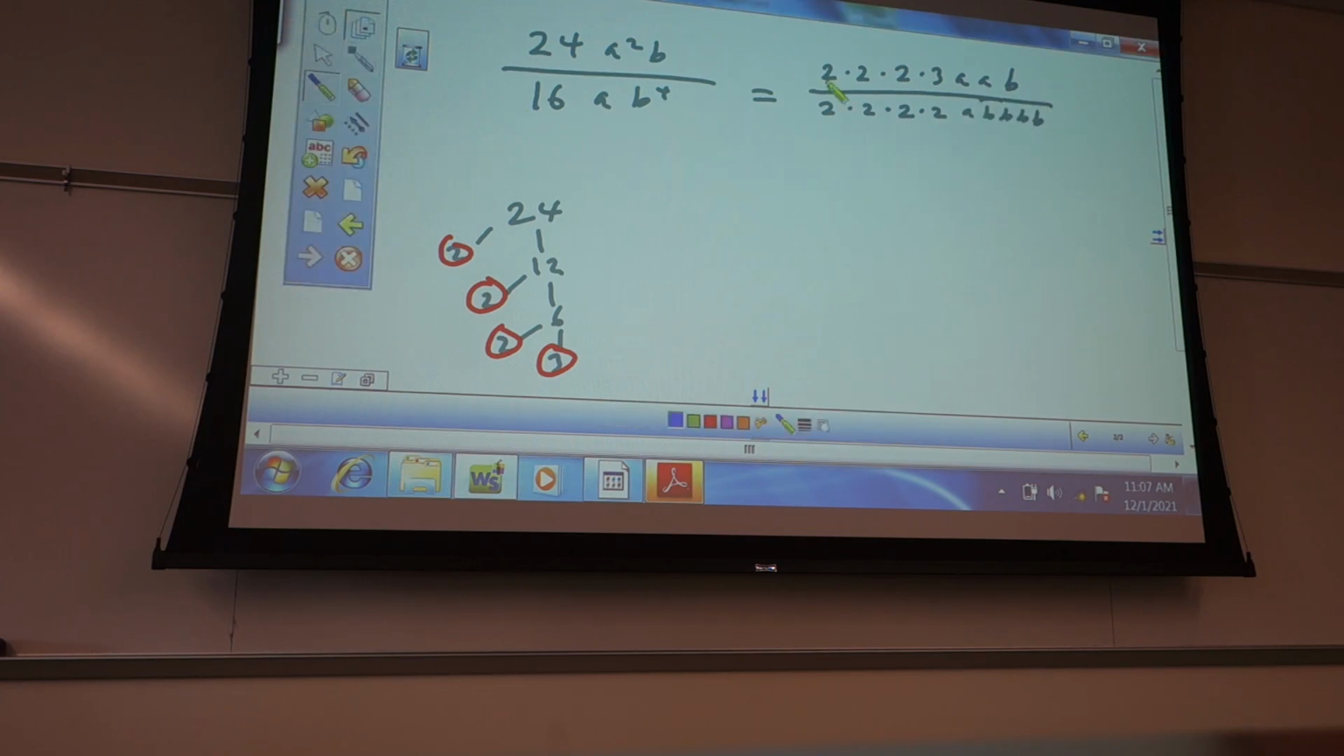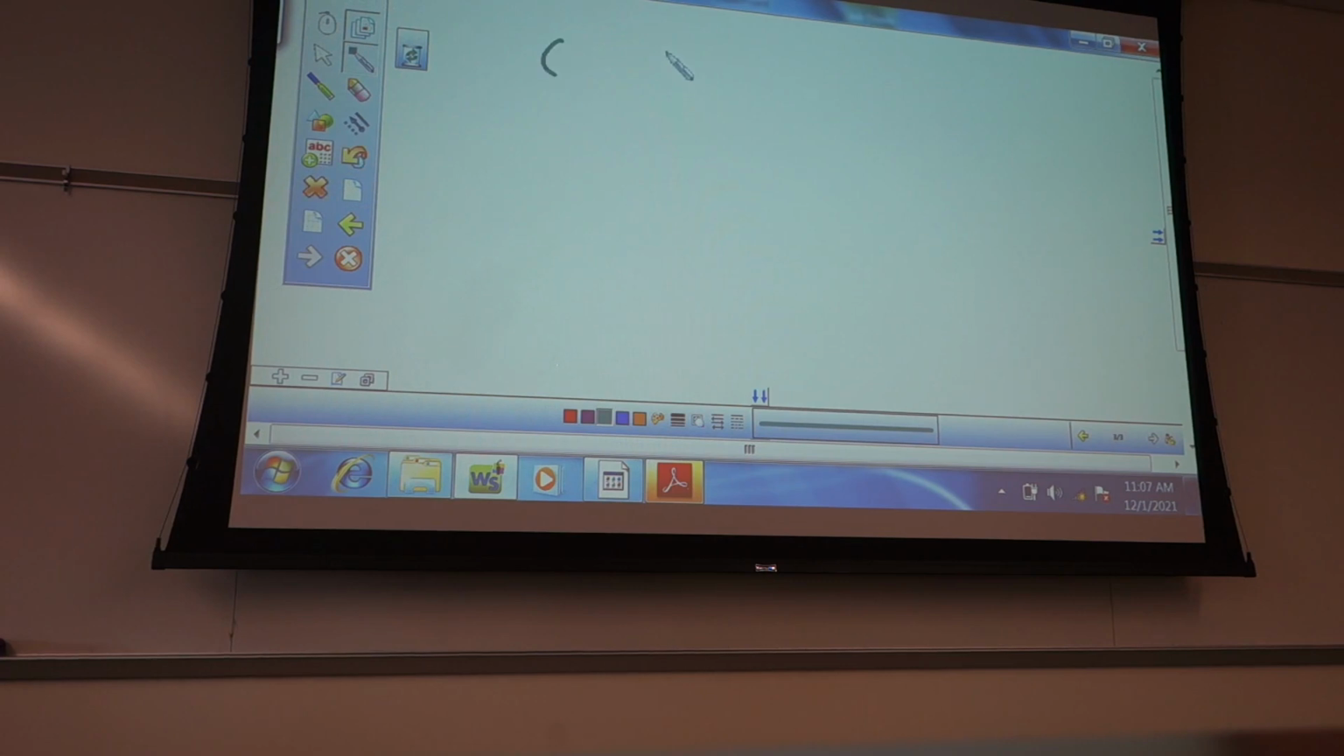Remember, 2 over 2 is still a form of 1. When folks think of things as just canceling each other out, you can think of it as them forming 1s. What you're left with is 3a on top, and 2b cubed on the bottom. That's the basic simplifying. But then there's also if I have things like x minus 2 and x plus 3